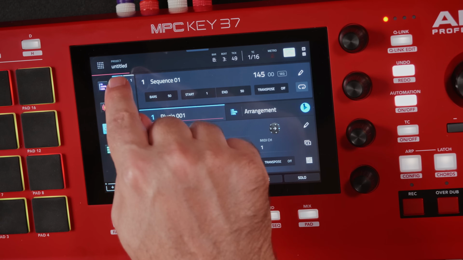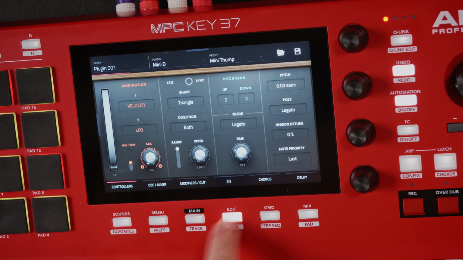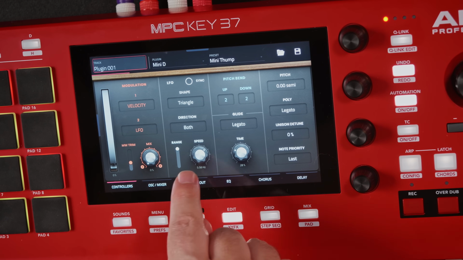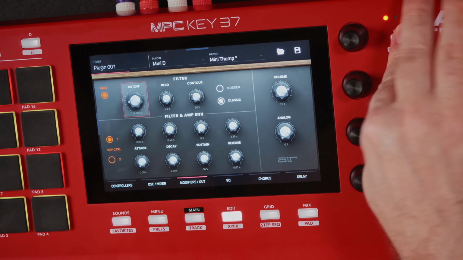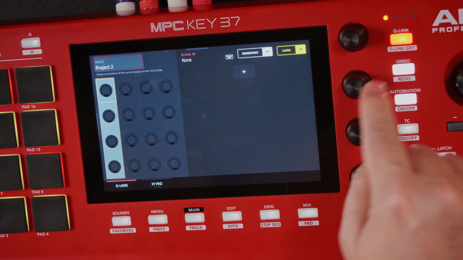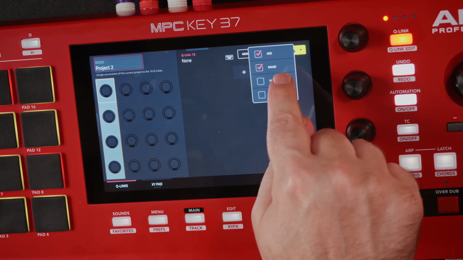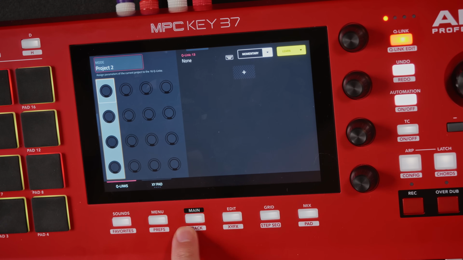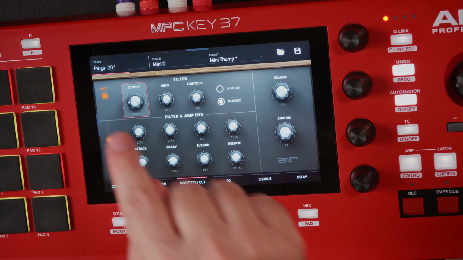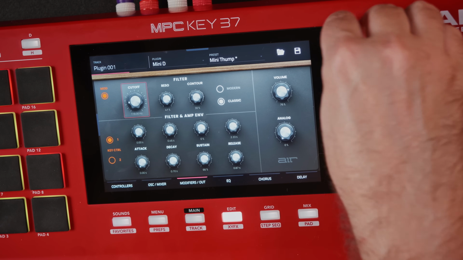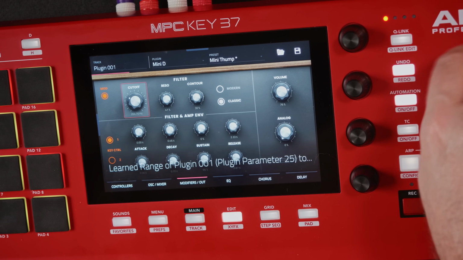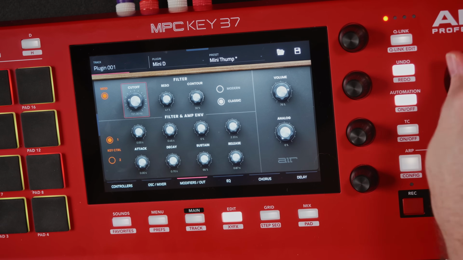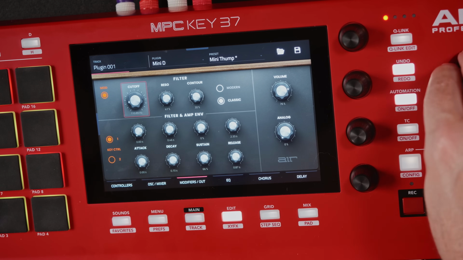So for instance, I will go into edit mode of the MIDI right here. I will go to modifiers. I will select the cutoff and we need to put this into learn mode. So let's go Q-Link edit, learn, and it's going to learn the range as well. So back to edit. So I have this selected. I'm going to make sure this Q-Link is selected, and then I'm going to adjust the cutoff here. Okay, like so. So for instance,